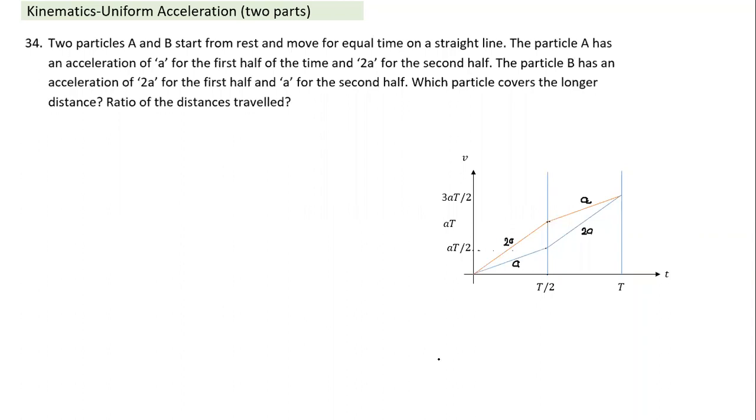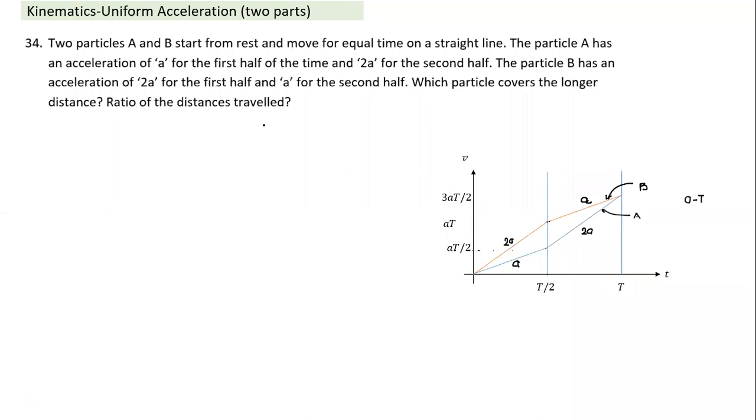Looking at the graph itself, can you tell me which particle has traveled a larger distance? How do you find which particle has traveled a larger distance? Karthikeyan? Yes, sir. Blue color is particle A and red color is particle B. Which of them has undergone greater displacement between time 0 to T? Can you tell, Karthikeyan, based on the graph? Particle B. Why? It has more area under the graph. Perfect. So the area under the curve is greater.